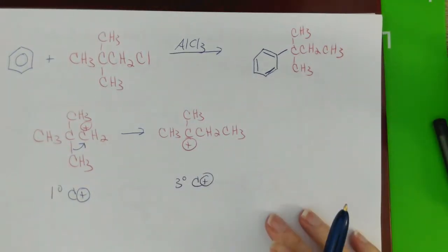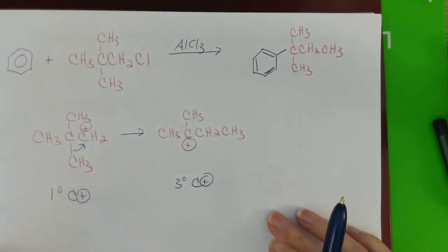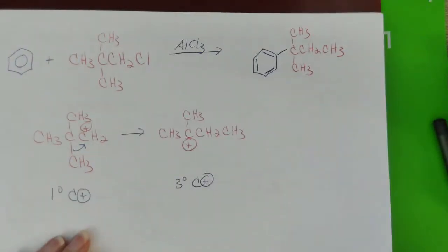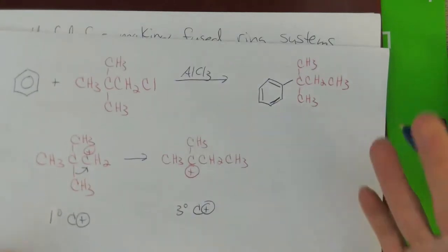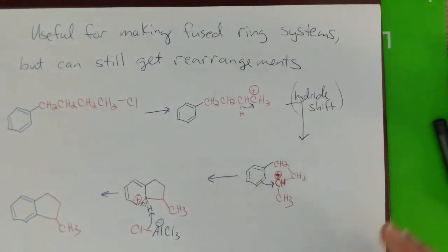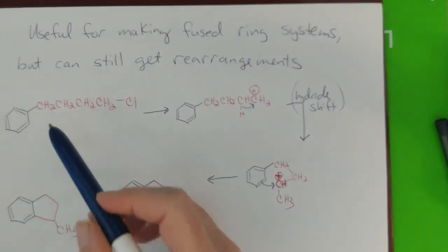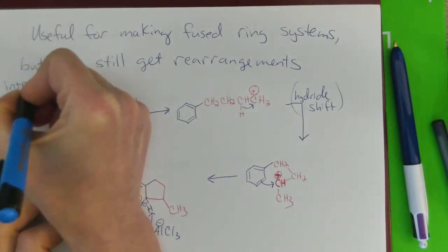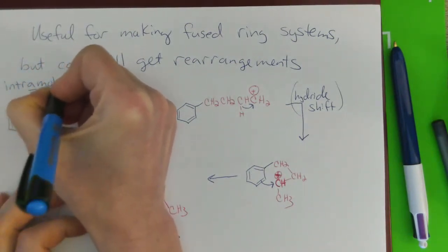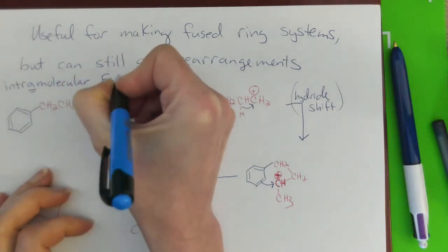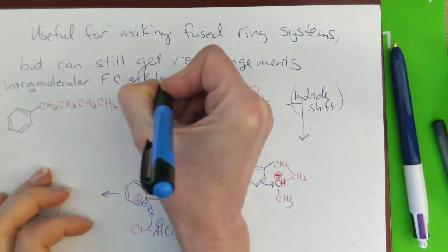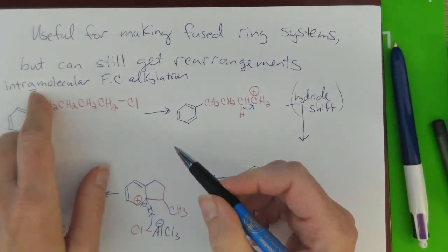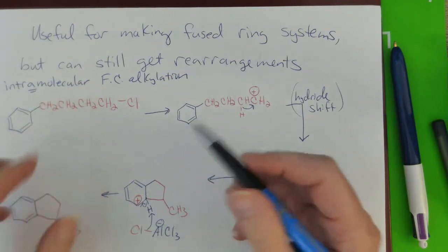All right. So that's a really important limitation that you need to know about with regards to this reaction. One of the things this reaction, though, is really good for is making fused ring systems, but you still can get rearrangements. And so this reaction here is going to be an intramolecular Friedel-Crafts alkylation. I'm just going to write that down. Intra with an A, molecular Friedel-Crafts alkylation. Okay, so intramolecular reactions are reactions that happen within the molecule